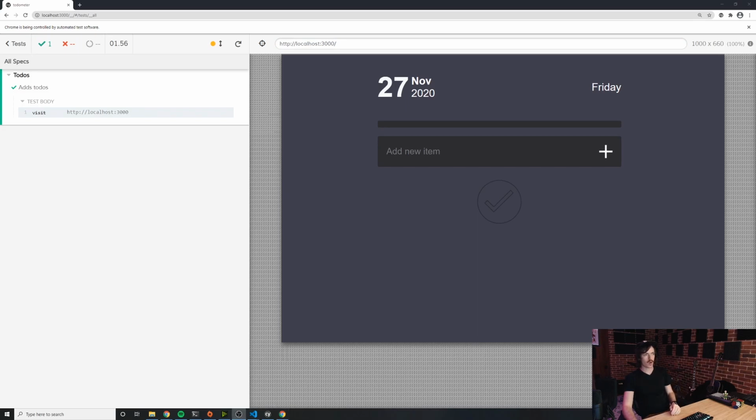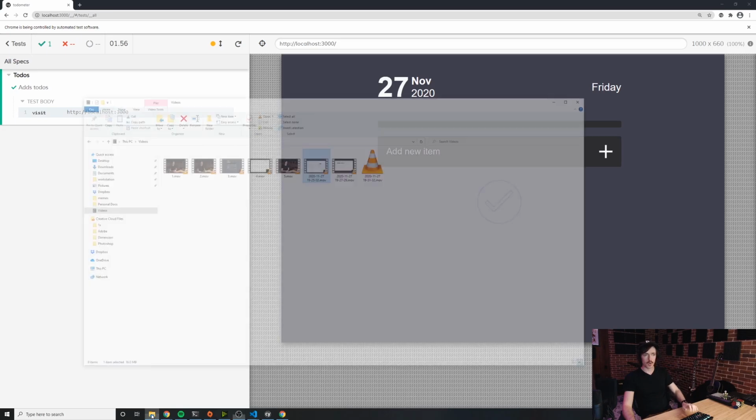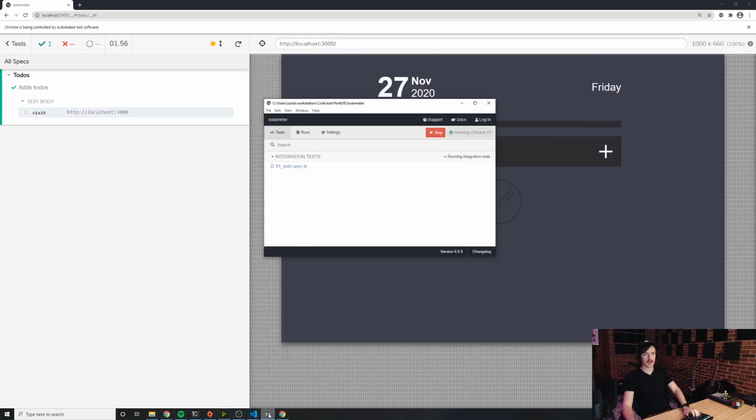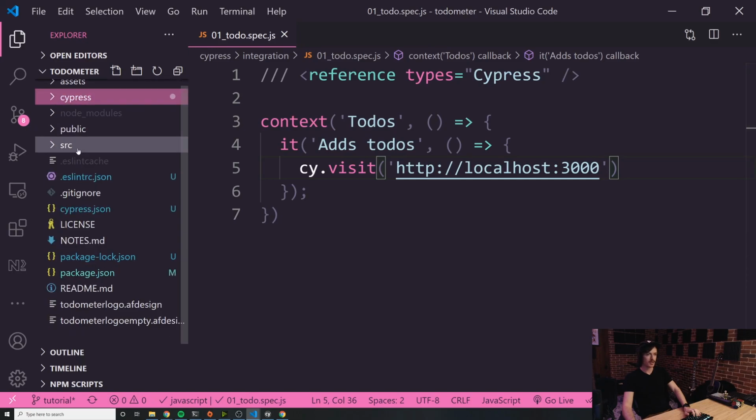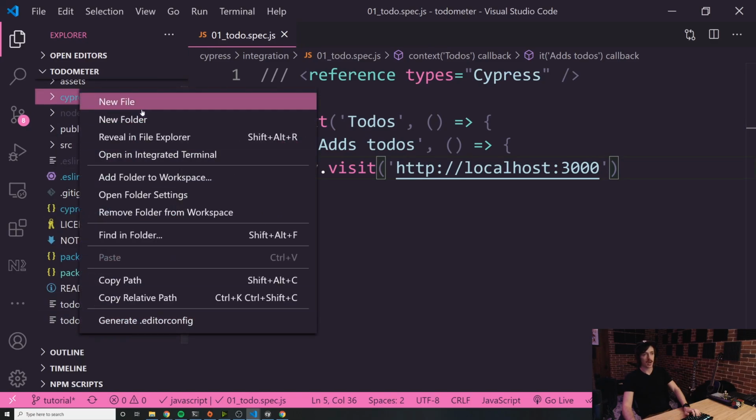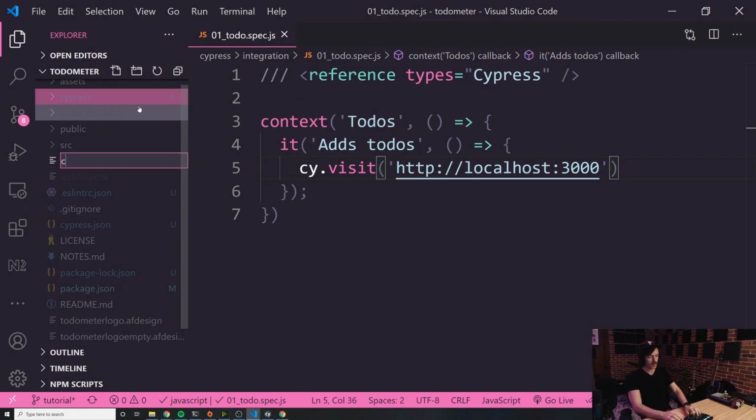But what I was getting at was we don't really want to hard code the URL, because we may be running these tests in different environments and the URL may be different. For example, we might be running them on a continuous integration server, or on a staging server, and they may have different URLs in every environment. So we want to create an environment variable that we use to get that URL. The easiest way to do that is to create a file at the root level and call it